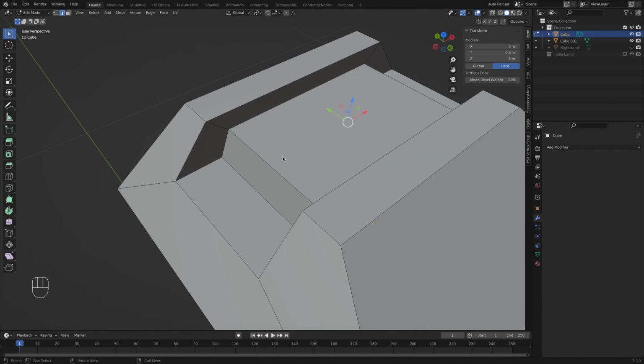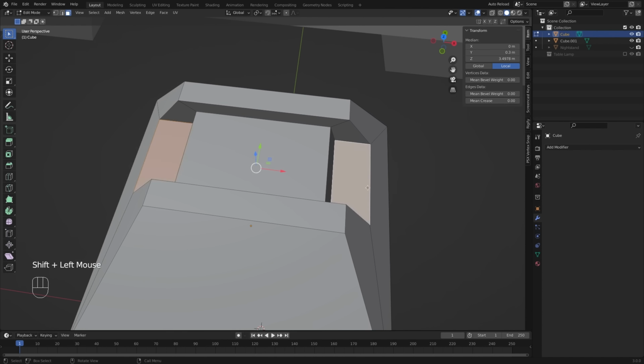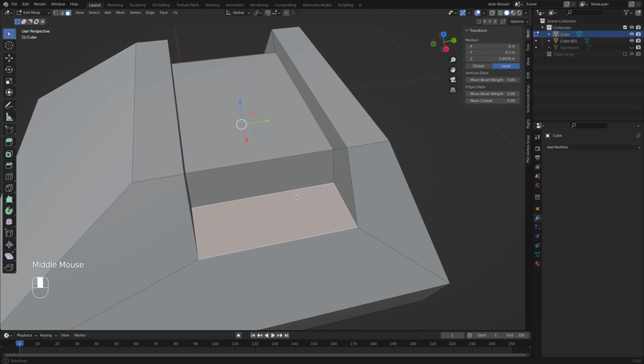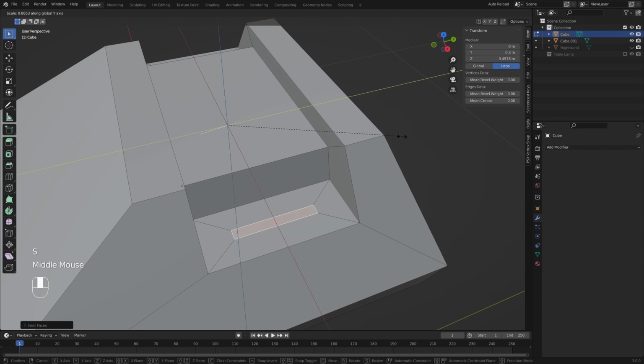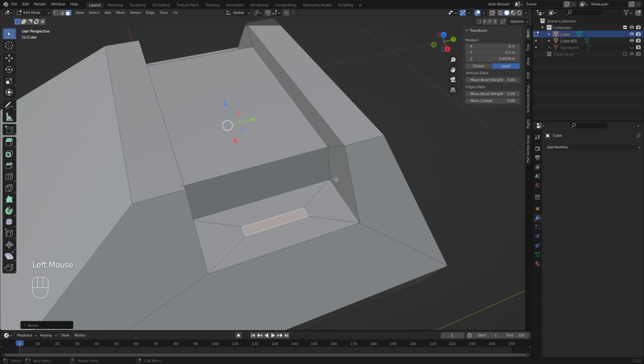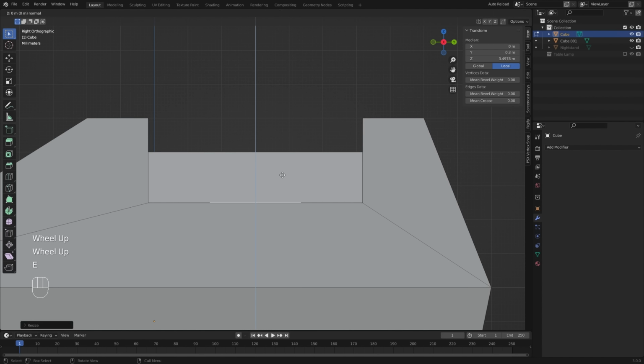Let's also add here, I don't know what it's called correctly, buttons that depress when the handset is placed down. Switch to face select mode and select these 2 faces. Press I to insert a new face. Then scale it along the Y-axis, something like this, and from the side view press E to extrude until here. I will also scale this top part a little,